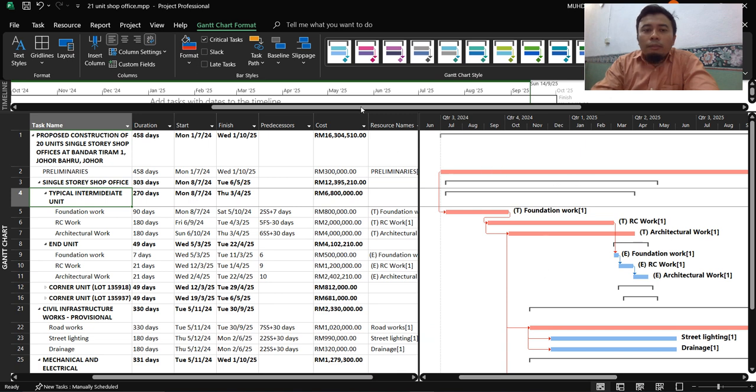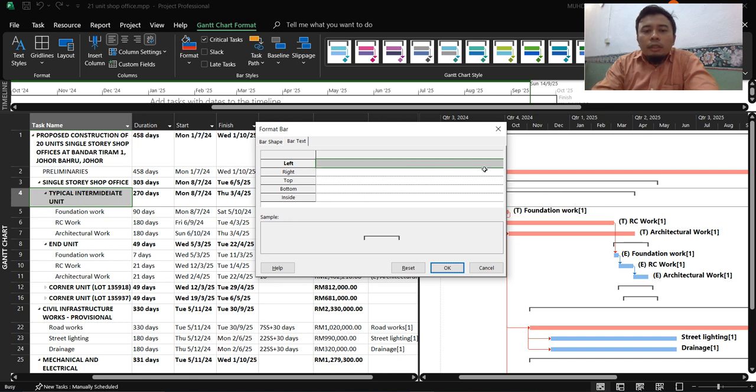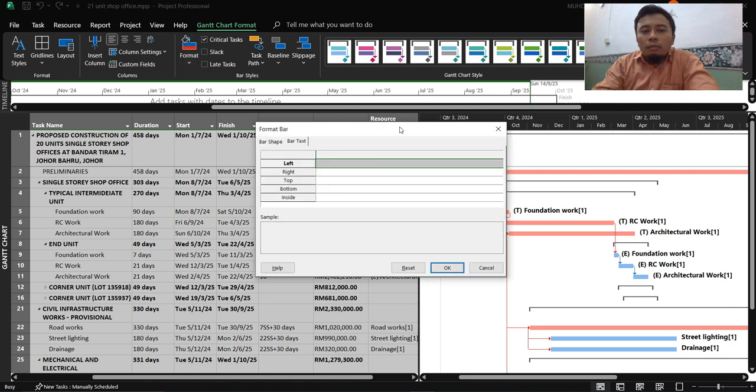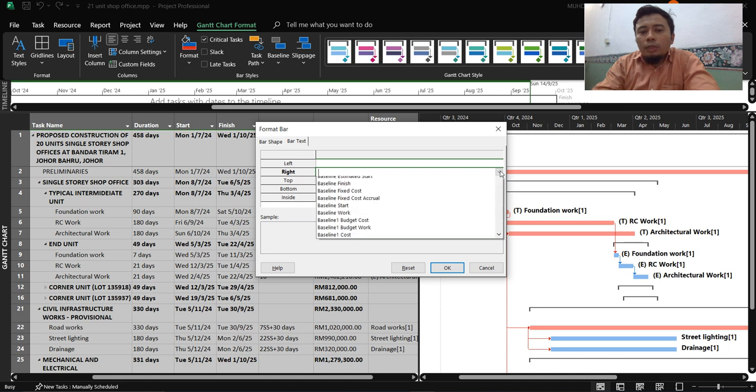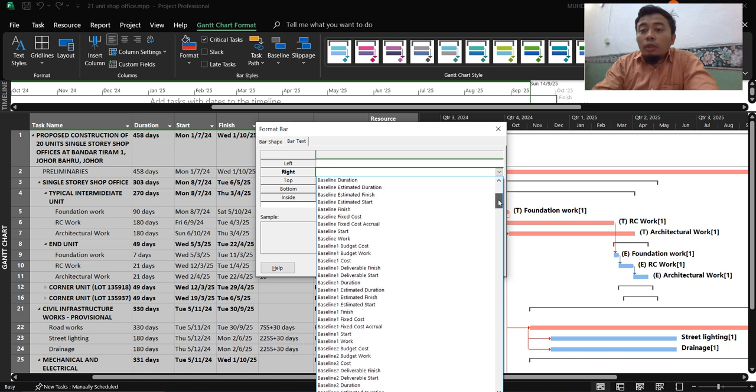To further help you differentiate all the tasks without having to switch back and forth between the bar chart and the task list, what you want to do is click on bar here in your Gantt chart format. Before that, you need to highlight all the tasks and then click bar. For example, we pick the bar text tab, and then you pick where you want to place the information. We want to identify each bar chart